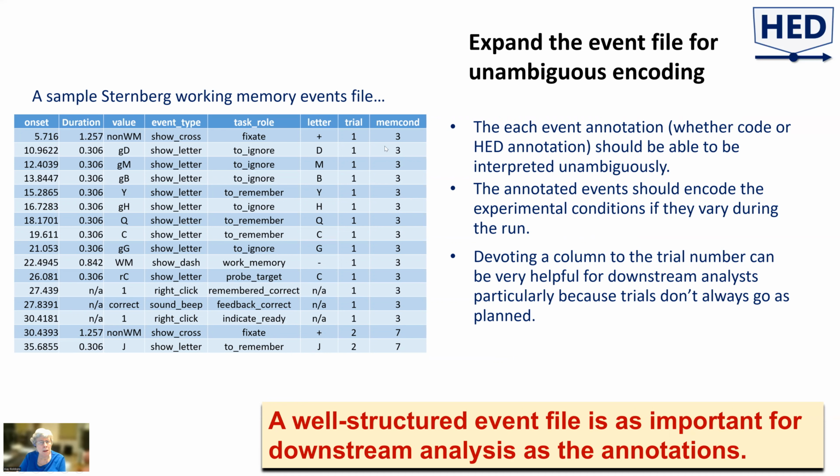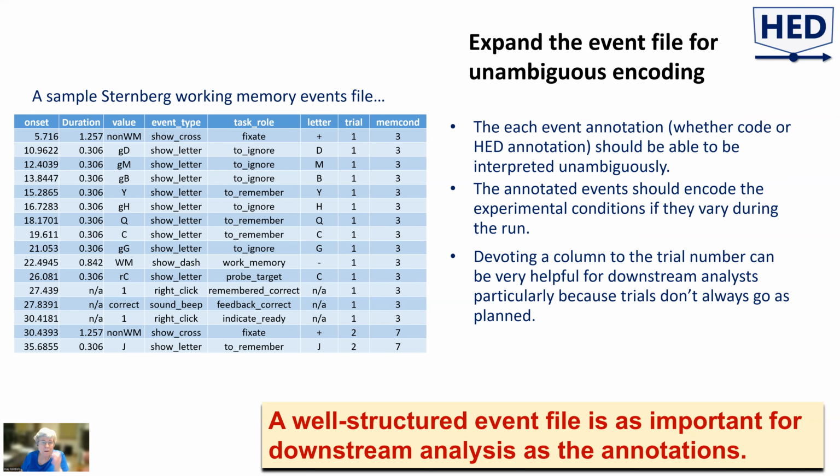A couple other comments here. This particular experiment had an experimental condition, which was that the number of letters to remember in each trial varied across trials. And that wasn't visible at all in the original encoding, but we computed it and added a column to make it clear what the variability was, the experimental conditions. We also added a trial column, and that can be very helpful for trial-based experiments